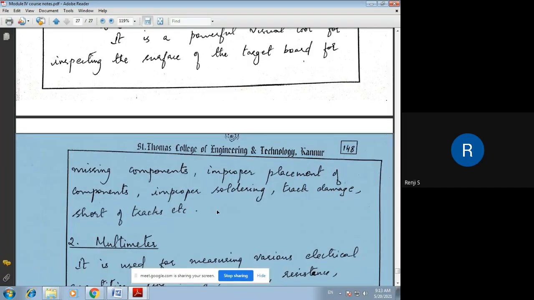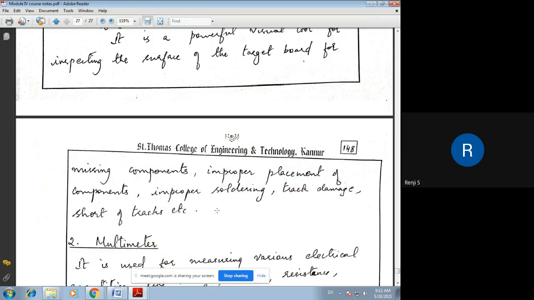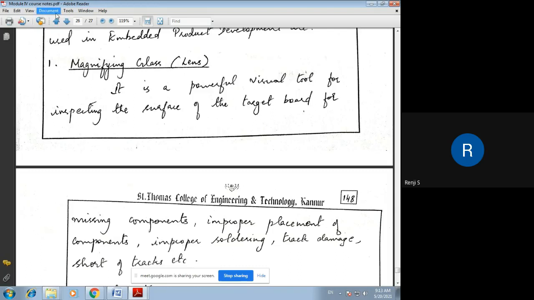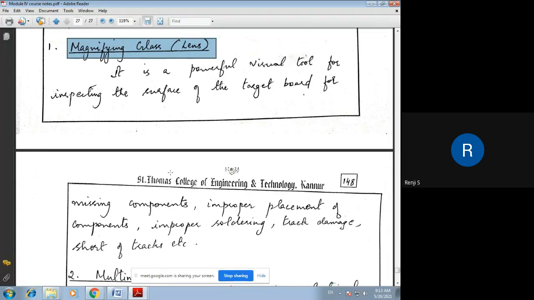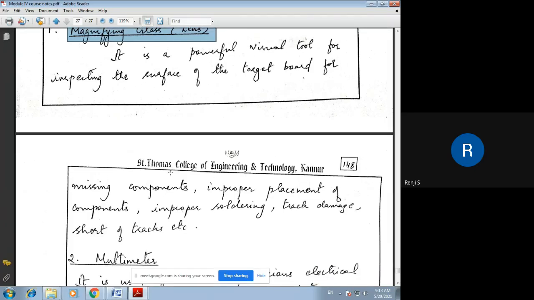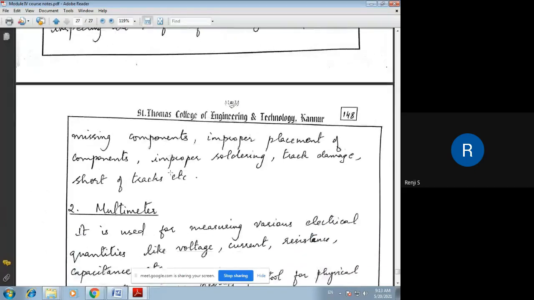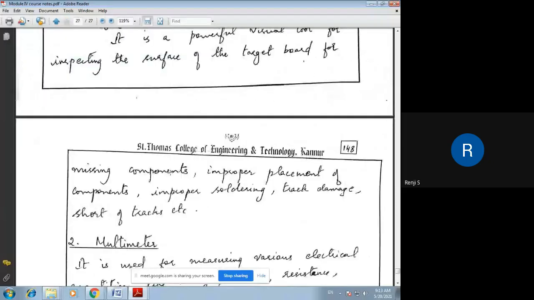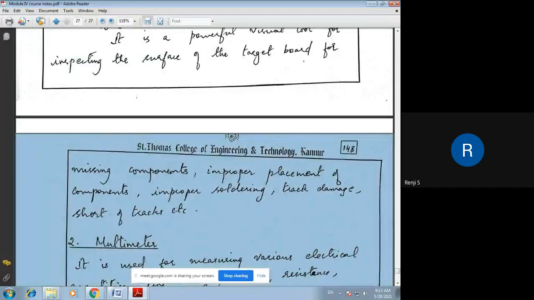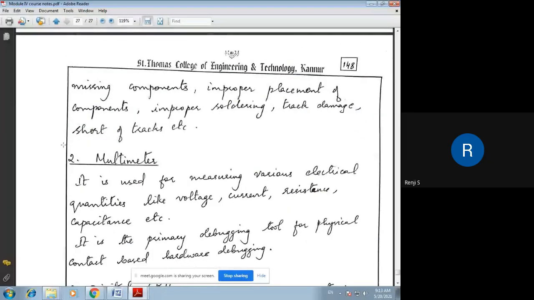It is just a lens which helps us to enlarge and see the target board. It helps us to view the minute components on the target board, and to check if the components are placed properly or if there is any problem on the tracks. So the magnifying lens is one tool that we use for hardware debugging. Then second is